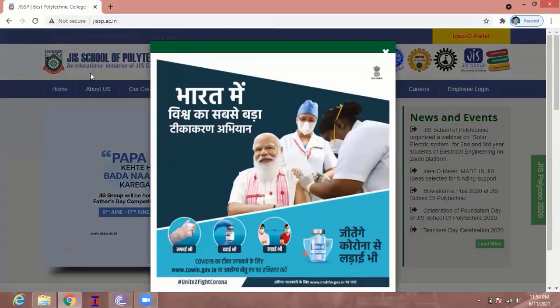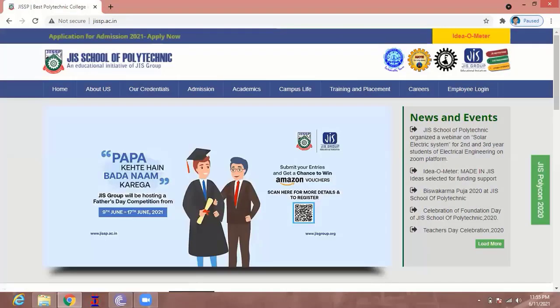After opening the official website of the college, just cross the pop-up window and then click on the Application for Admission 2021 Apply Now pop-up button.